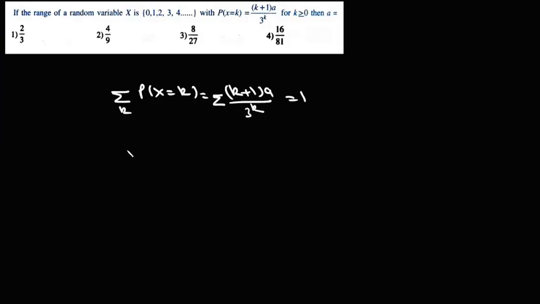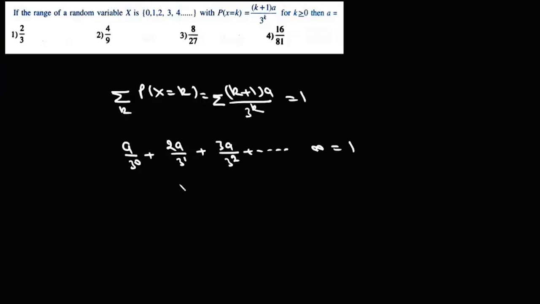अगर k का वैल्यू 0 पुट करेंगे तो ये हो जाएगा आपका a अपॉन 3 to the power 0, k का वैल्यू 1 पुट किया, ये हो जाएगा 2a अपॉन 3 to the power 1 प्लस 3a अपॉन 3 स्क्वायर से लेके इनफाइनाइट तक, और ये 1 के बराबर है।